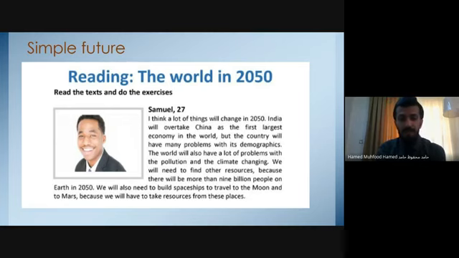There will be some lack of resources on Earth, and that's why Samuel thinks that we will need some resources from other planets or from the moon itself. So this is Samuel's idea of how it will be in 2050. Now let us check the other viewpoint